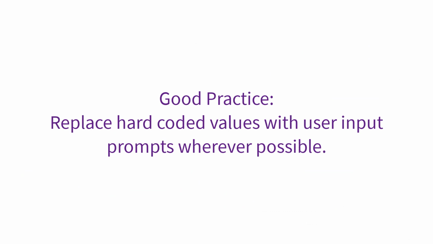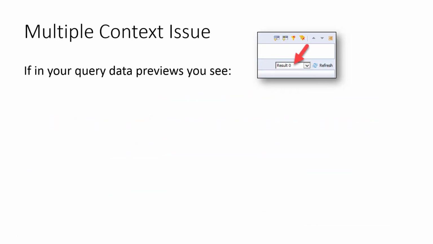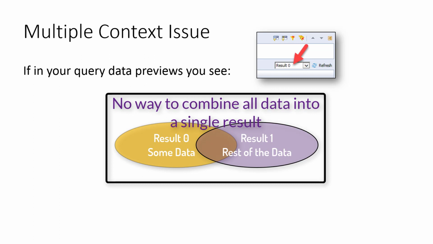Using prompts where possible is good practice. One important issue that may strike query writers is when their query returns two or more different result sets. This is why the data preview panel is so helpful. If on the right of the panel you see a drop-down box showing result 0, then BusinessObjects has found ways